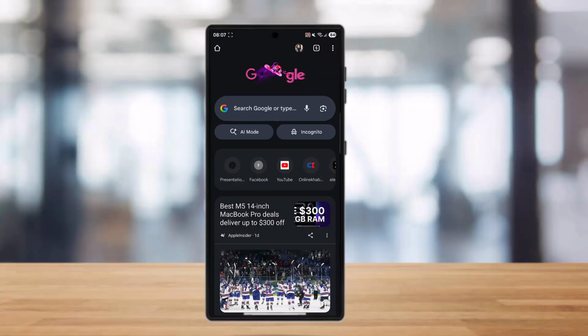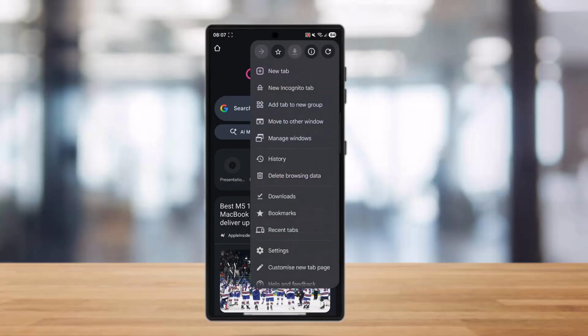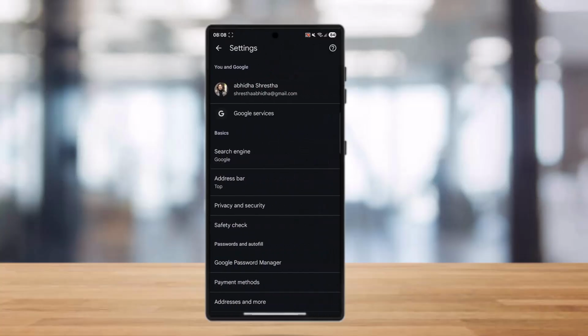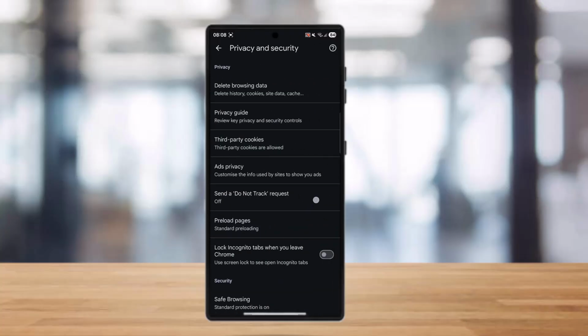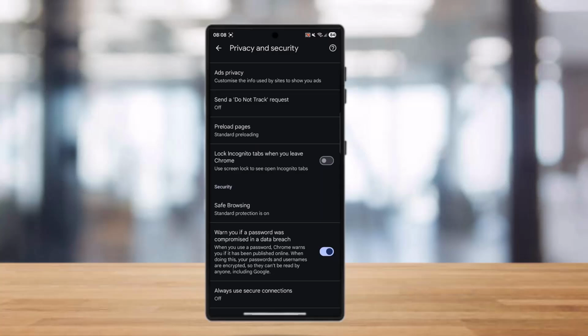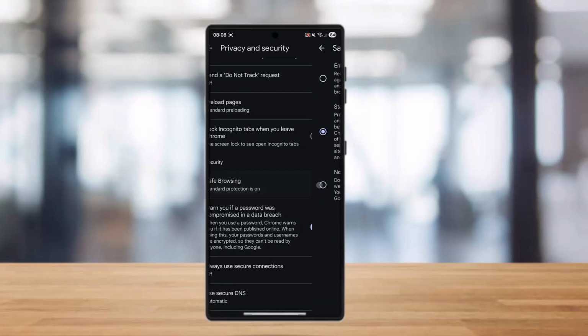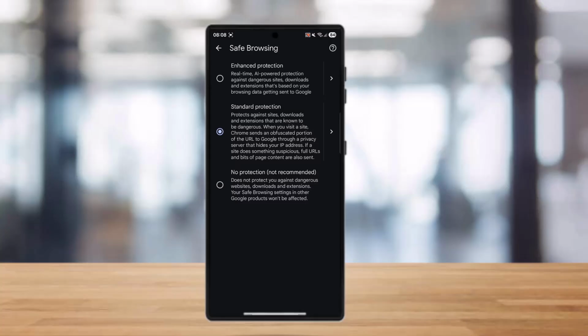You can simply do it by tapping on the three dots on the top right-hand corner, going to the settings and then scrolling down to privacy and security. Once you're in privacy and security, you can find the security section. Right over there, you can find the option called Safe Browsing. Simply tap on it and now you can enhance and protect your Chrome from malware by tapping on